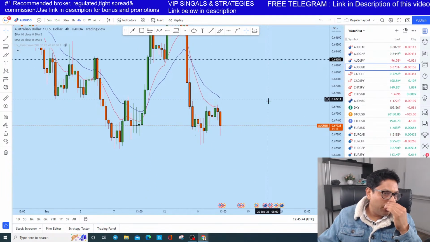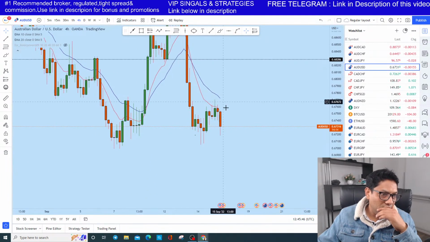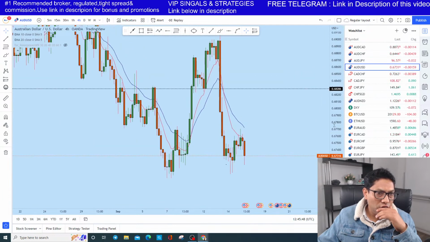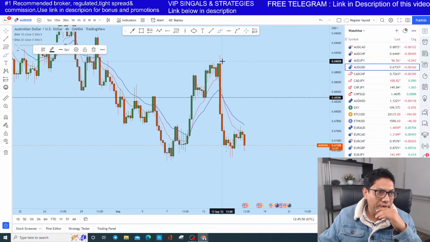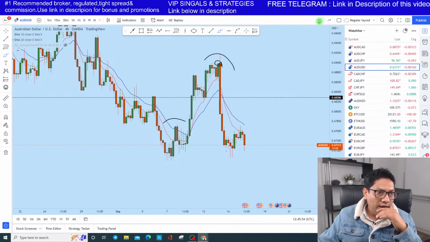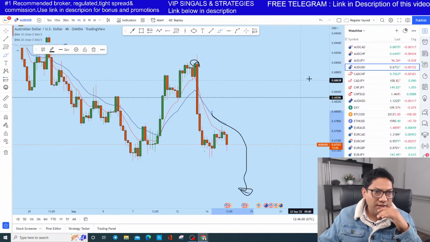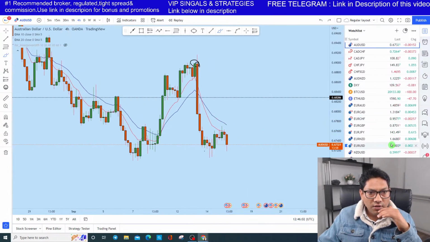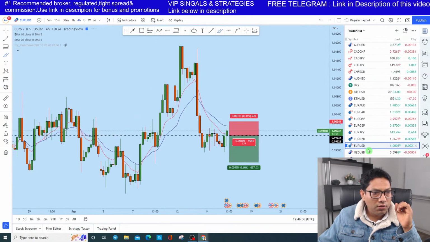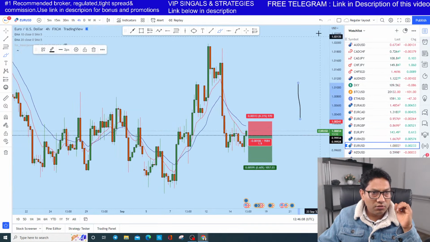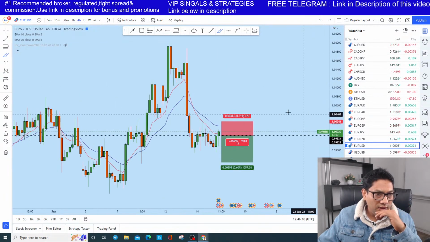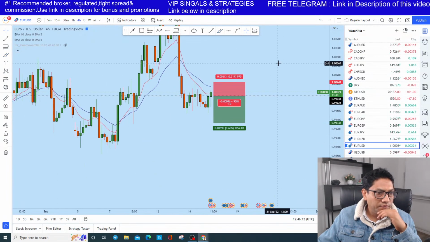The price action on, let's say, the Aussie dollar, it's also a bearish price action on Aussie dollar. You can see there is a liquidity gap here. Okay, it's a head and shoulders here as well, and it is just below this 20 period moving average, and I think that it will just melt like that. Okay, to me the dollar is still strong, and I think that the dollar will continue to get stronger.